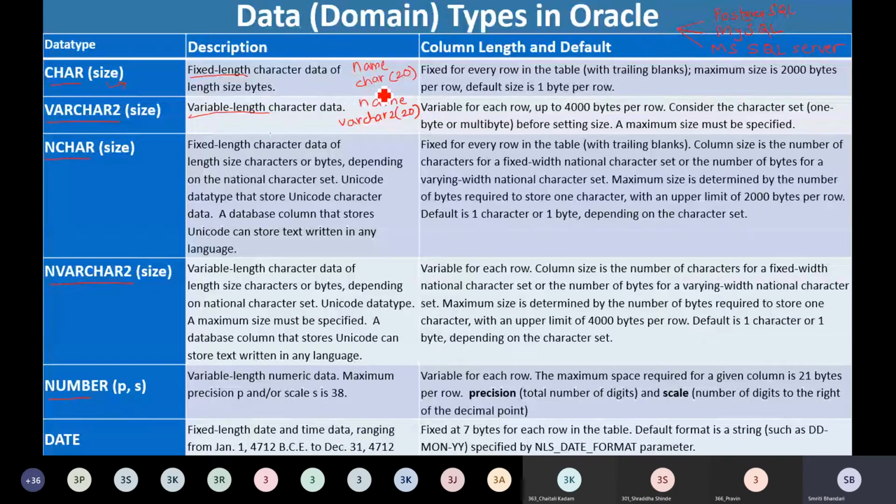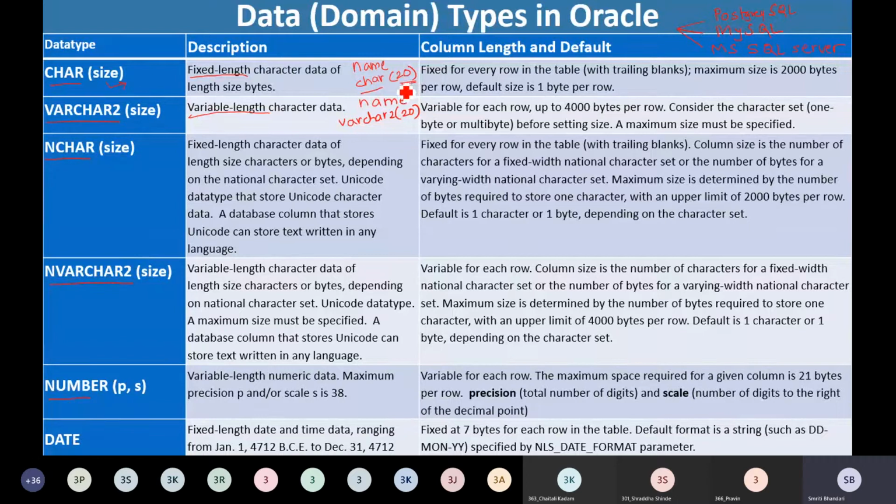So typically to store one character, we require 1 byte. If I am declaring an attribute with the char data type with the specified size, then irrespective of the actual length of the string that I am storing under that attribute, these 20 bytes will be allocated in memory. I'll repeat.